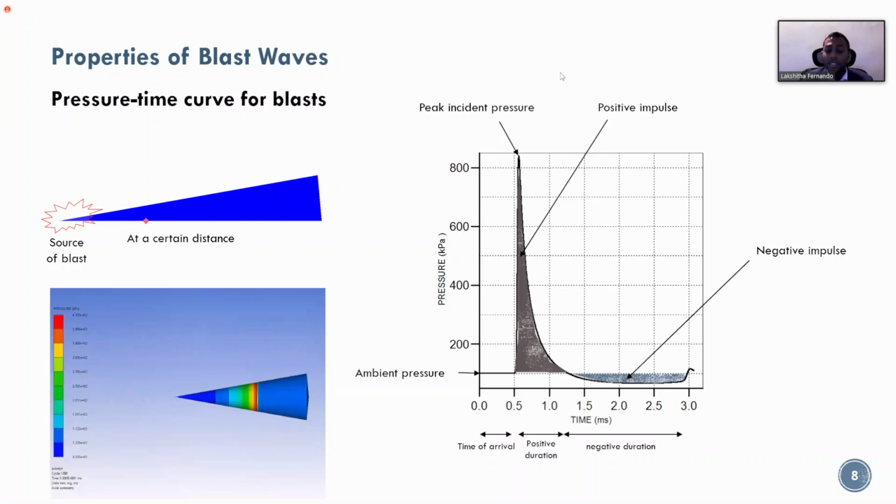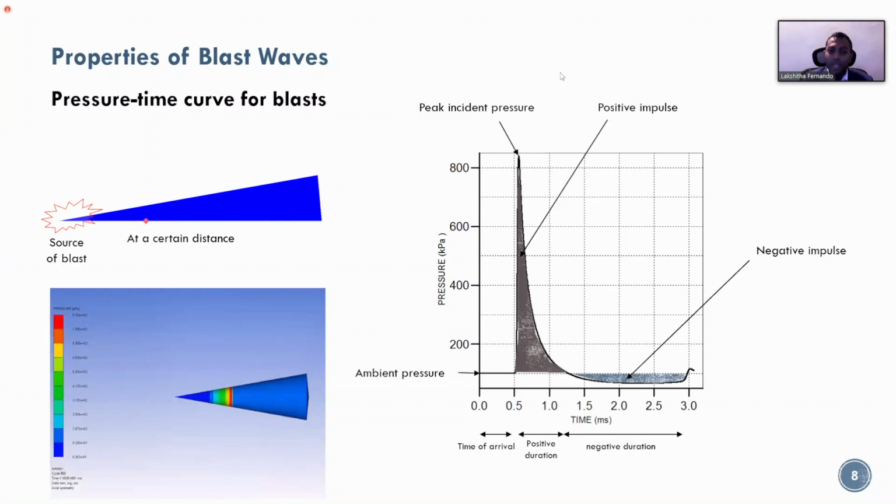It stays longer in the negative phase, in terms of the time frame, the pressure variation, but the magnitude is so much less, which is why generally when it comes to blast, we are mostly interested in the positive phase because that is what can cause significant damage. But there are things that are